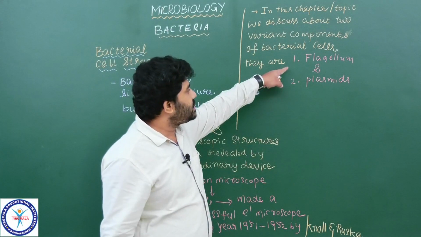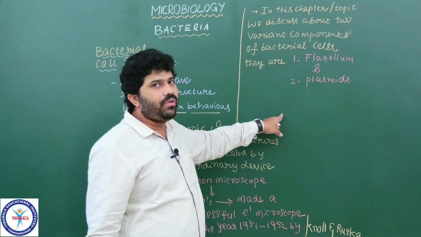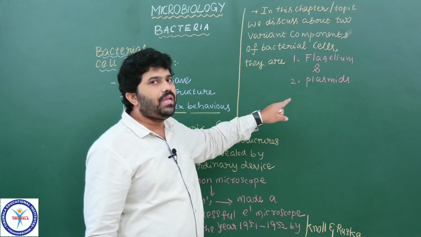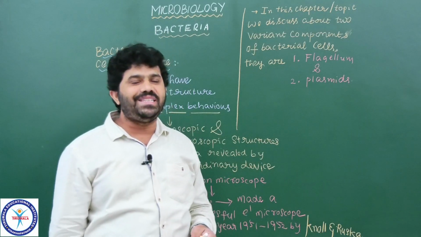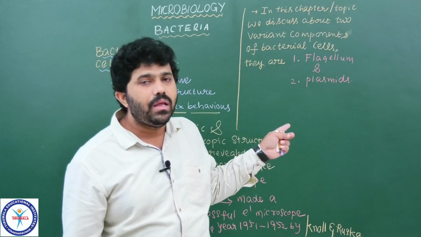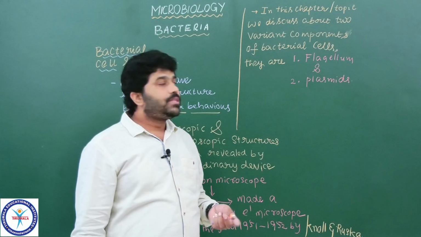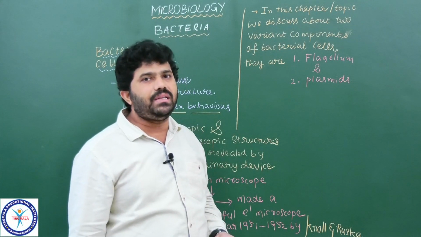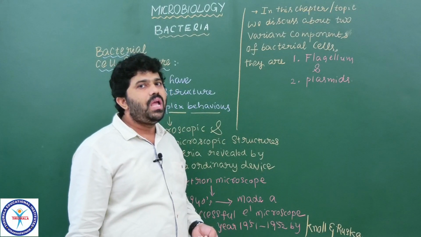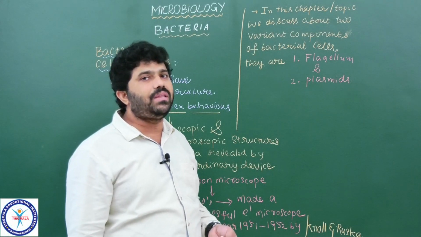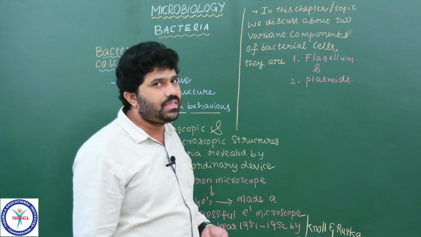In that we focus our concentration on flagellum and plasmids. So now, in the simple structure of bacteria that we are going to draw, we focus seriously on those two parts, the two variant components which are not common in all bacteria. Based on these two structures, we also differentiate bacteria into other categories or groups. So these two come under variant components in the bacterial cell. How they differentiate, what functions are carried out, and what advantages are given to the bacterial cell for better survival in their respective habitat is the content we are discussing in this lecture.